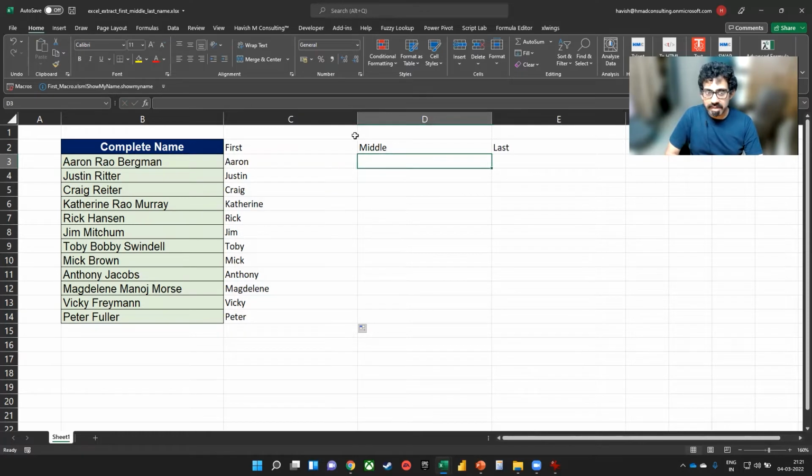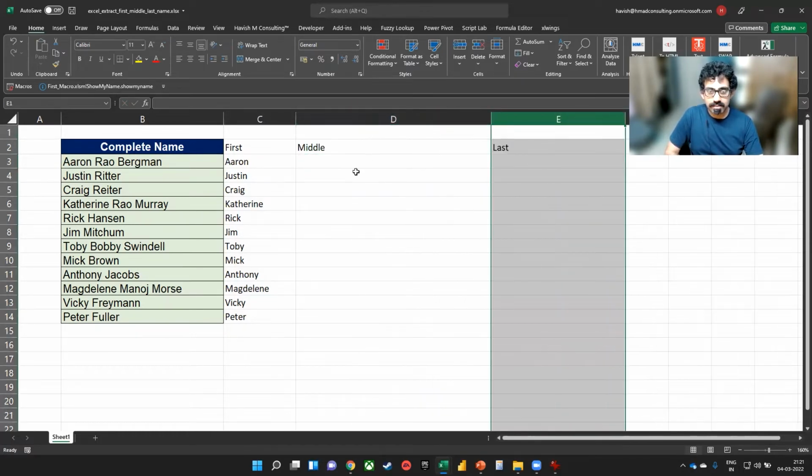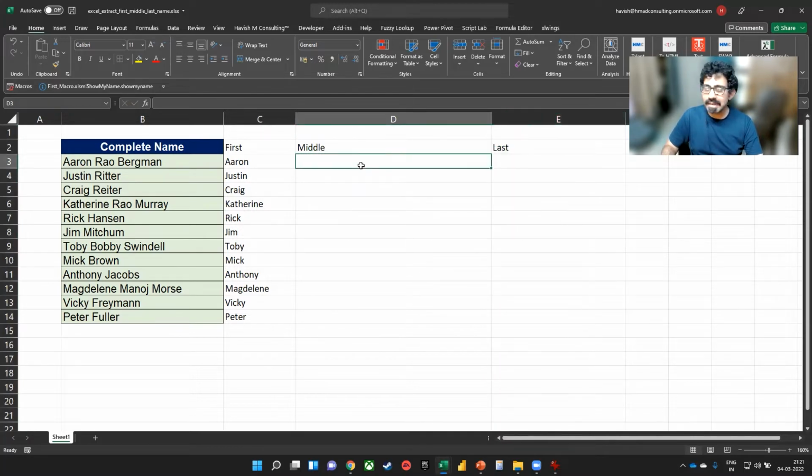Let us look at the middle name now. This one is going to be a little more difficult. So for the middle name, what we will do is first we will say equal to MID. Now we are starting from the middle of B3.